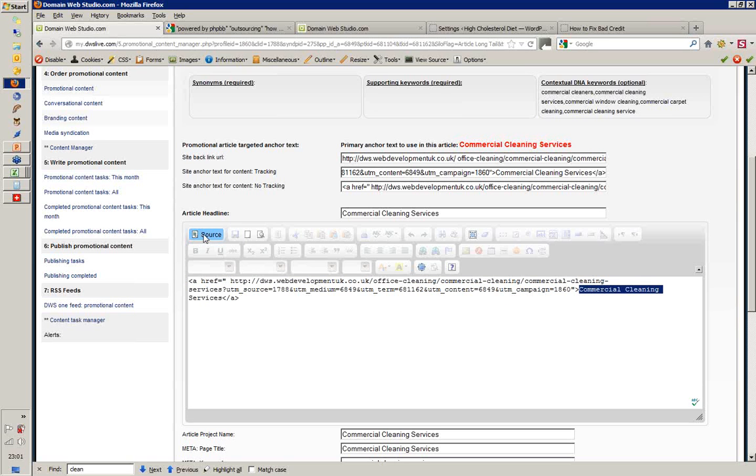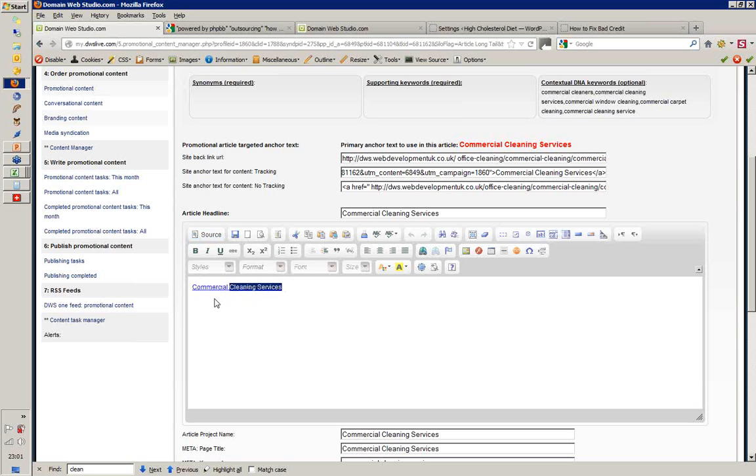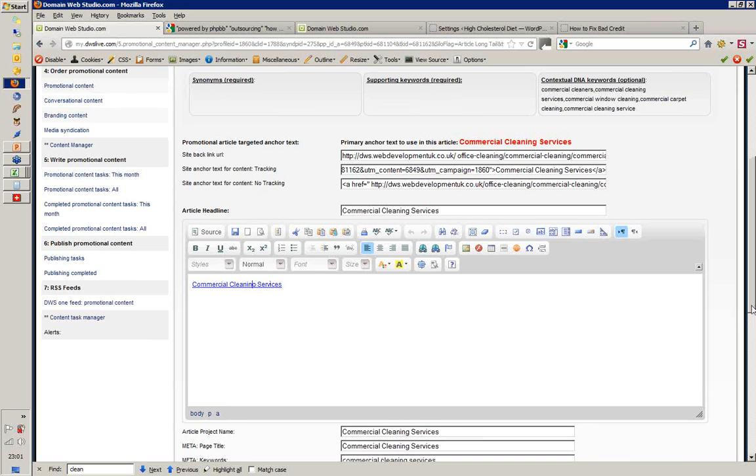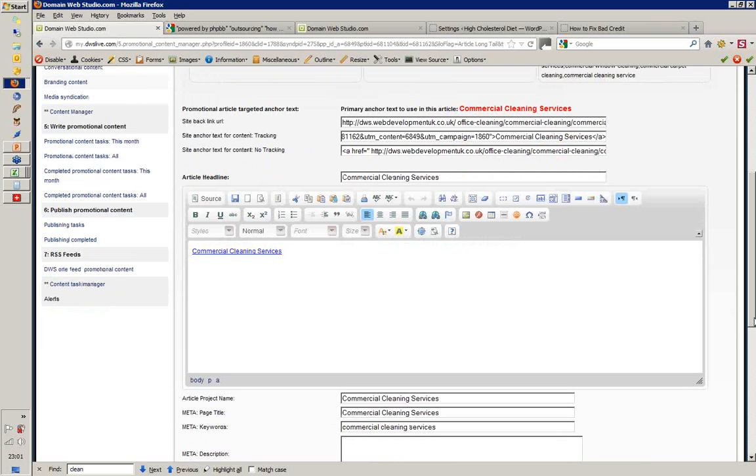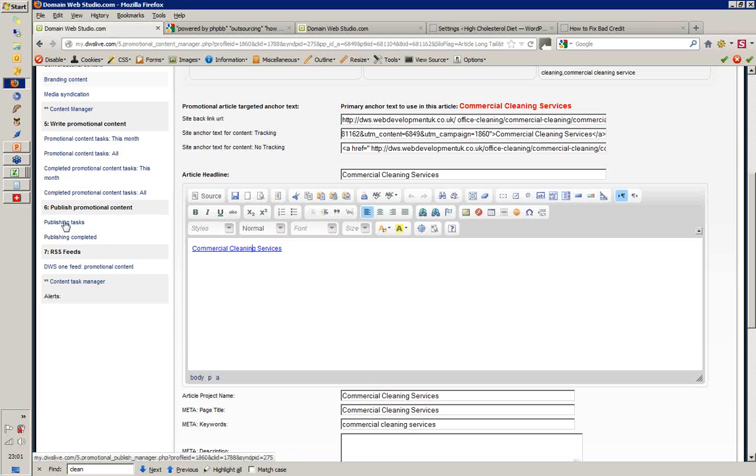Okay, so your writer can copy and paste the URL, and they can just wrap that anchor text with a sentence that actually says, if you're looking for commercial cleaning services, bang, give us a call today, and then put a phone number or whatever. So that's as simple as they write the promotional article. As soon as they write that, it drops into the publishing task bin, and when the guy comes to publish, all the places you've created above that you want him to publish on, they will select one of those places,